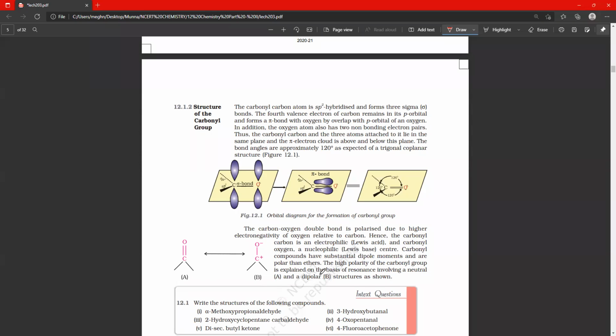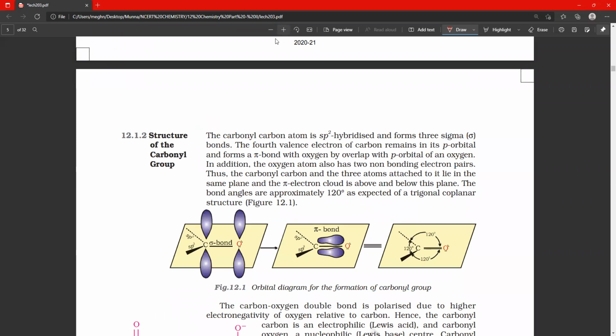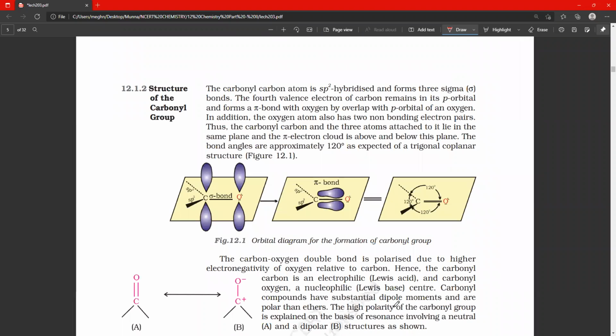Next, we move to the structure. When I'm discussing the structure, children, again let me tell you, from the portion which I have discussed, IUPAC naming, I can assure you 200% that you are going to get questions from IUPAC naming. That is 100% sure, right? Now, from the structure of the carbonyl group, you are not going to get any single question, but you need to know it to understand the reactions. See, if I write the carbonyl group,